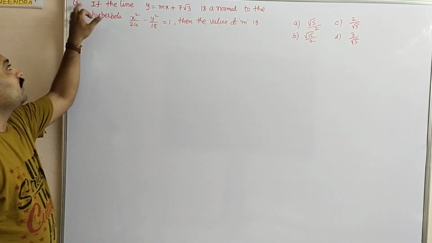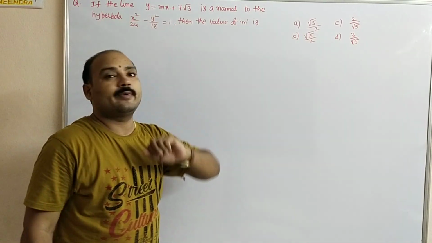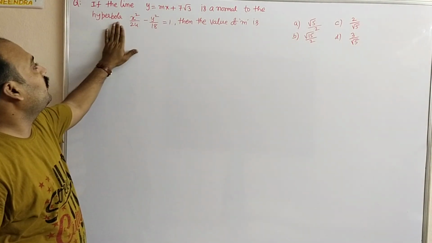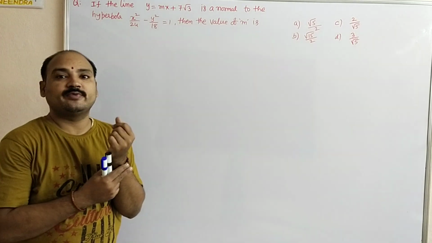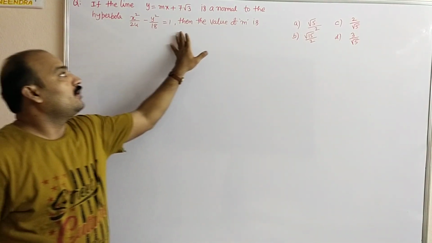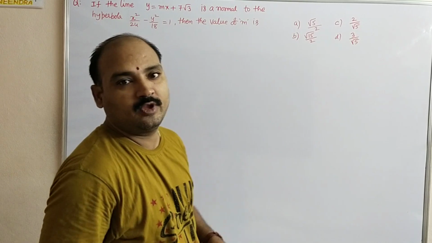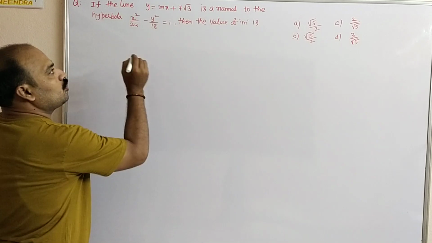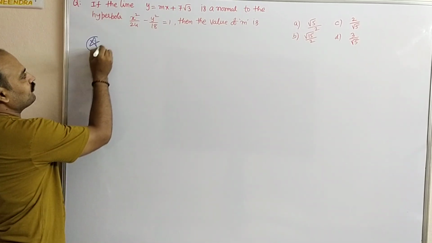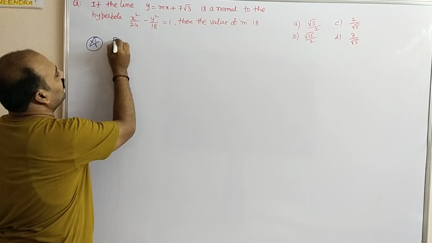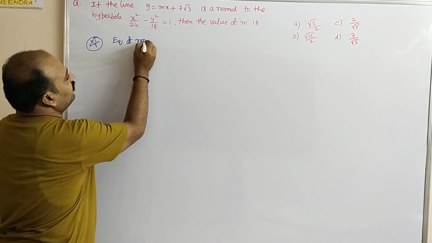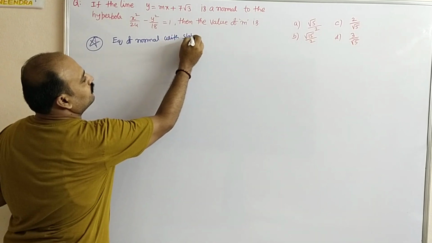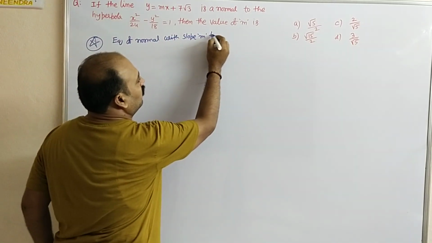The next question. If the line y equals mx plus 7 root 3 is a normal to the hyperbola x square by 24 minus y square by 18 equals 1, then the value of m is? See how we are going to do it. We know that the equation of normal with slope m to the hyperbola